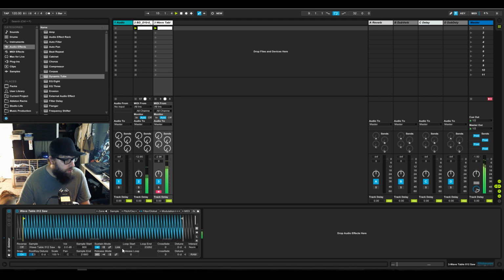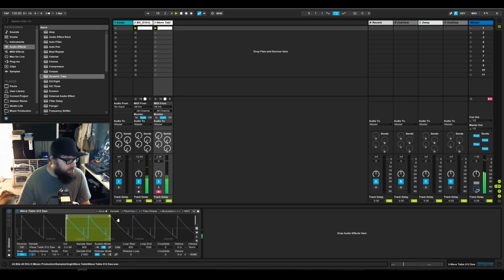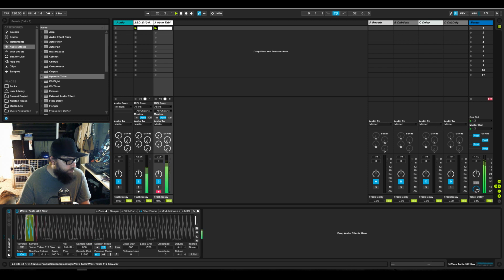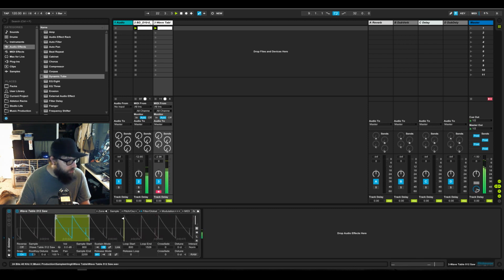And we're going to want to loop, so this is loop mode. Basically what this is doing is simulating the actual oscillation of a saw oscillator. Turn snap mode off for that. That sounds like shit.